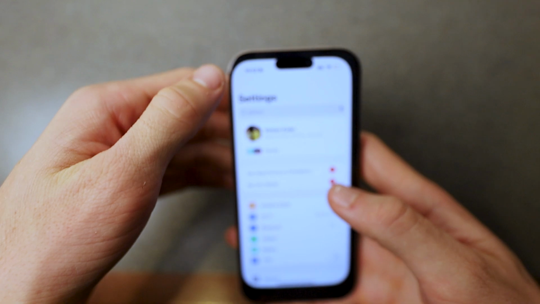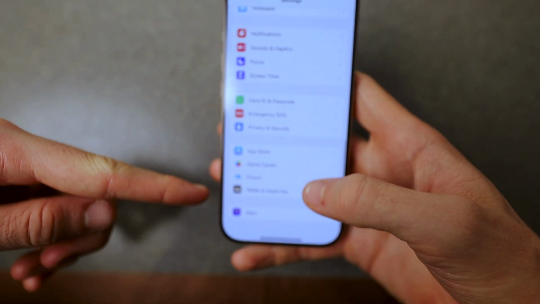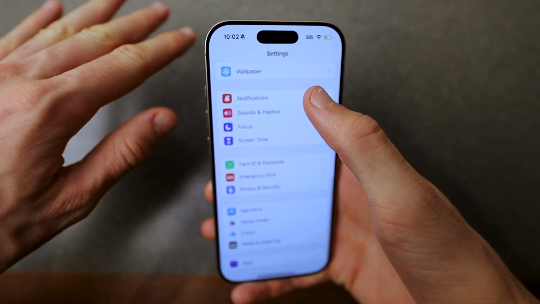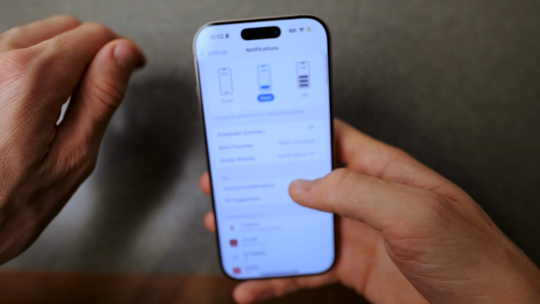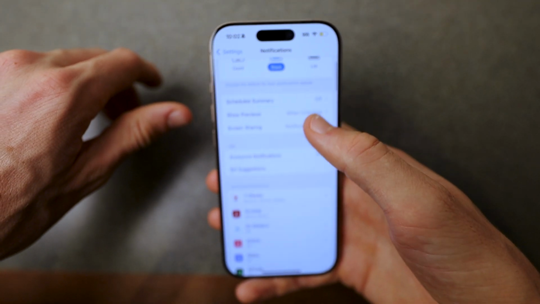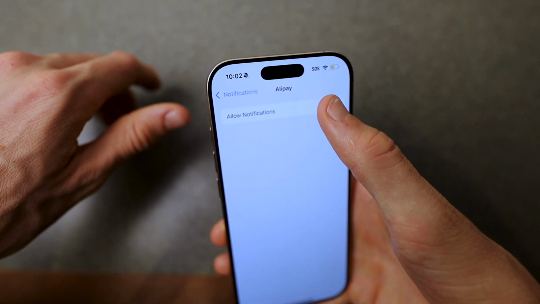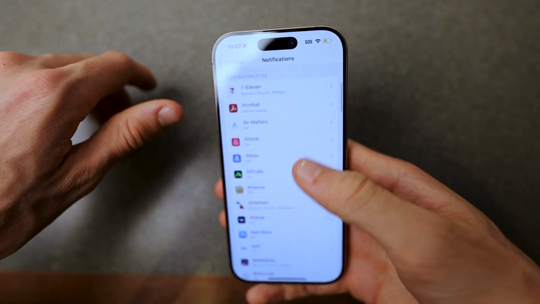to do is go to Settings, scroll to the bottom, and click on the Apps option, or you can click on Notifications if you want to do every single thing and not just an individual app. As you can see, you can choose which notifications are silenced. I'm going to click on this one. You can turn them on and off depending on the apps if you just click on any of these, or